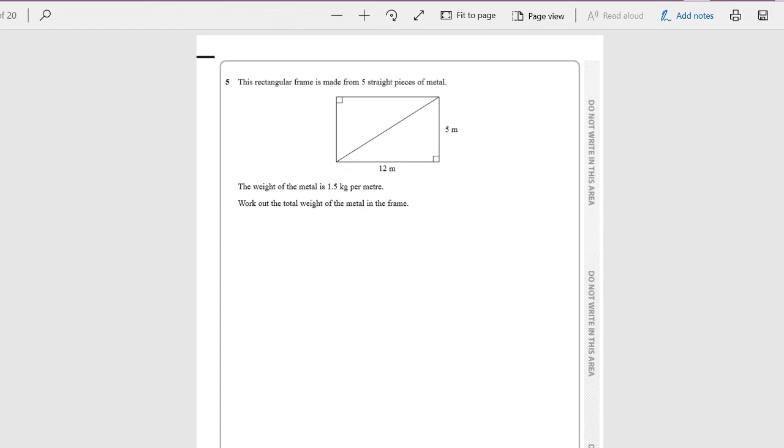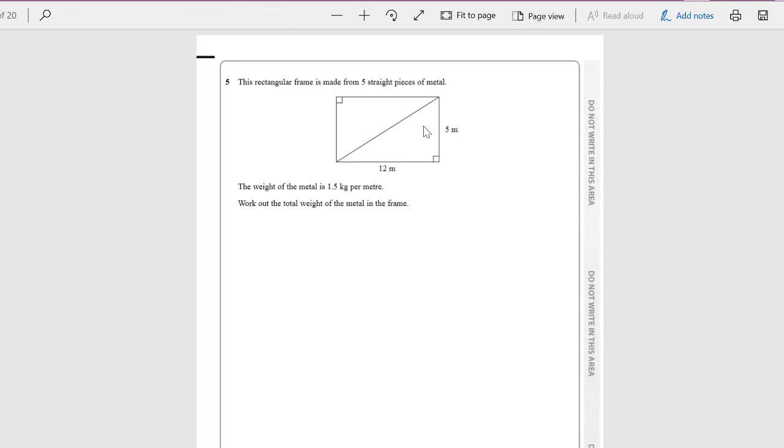Question 5. Just going to change my color. The rectangle frame is made from 5 straight pieces of metal. The weight of the metal is 1.5 kilograms per meter. Work out the total weight of the metal frame. Right. Okay, so first thing that we do is we need to figure out